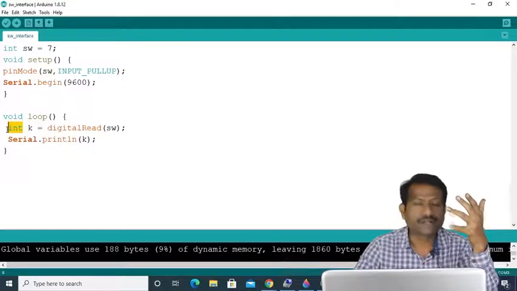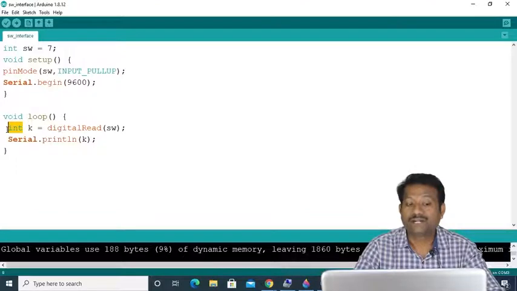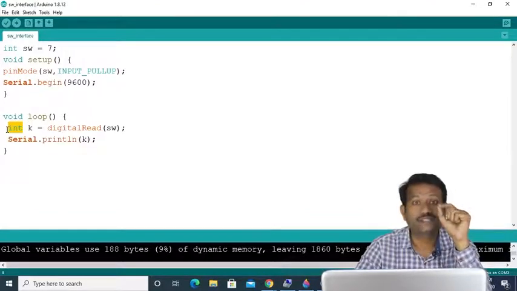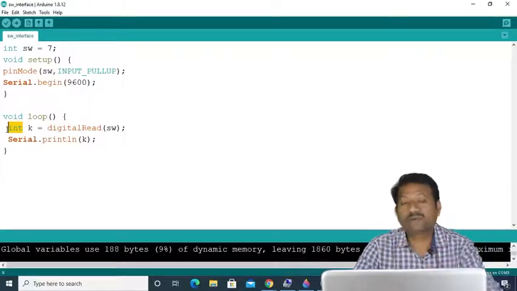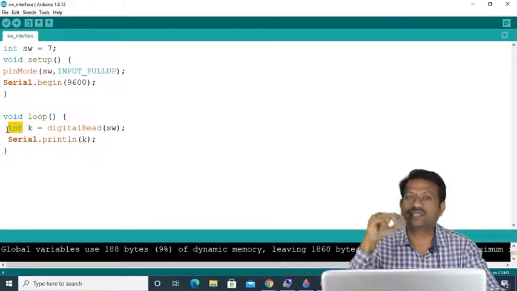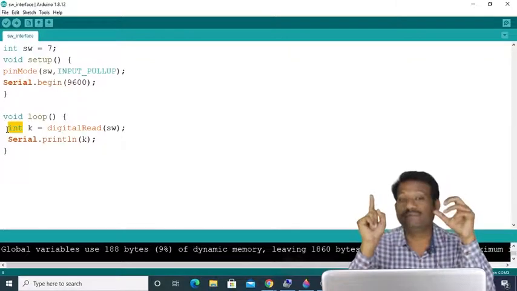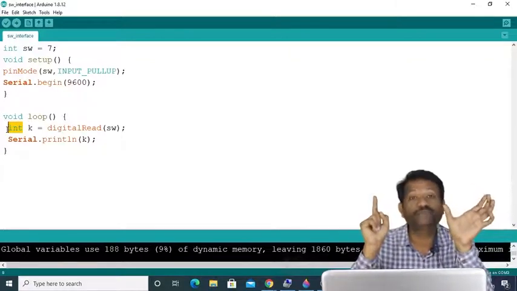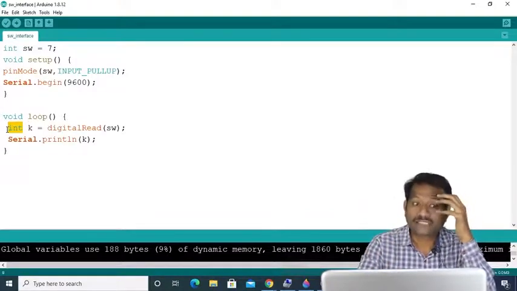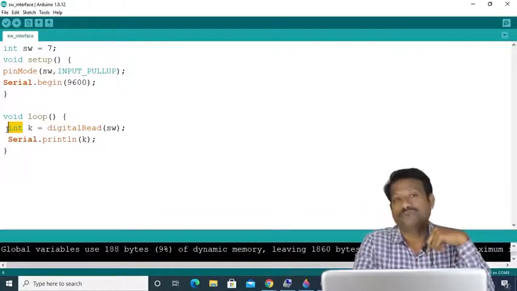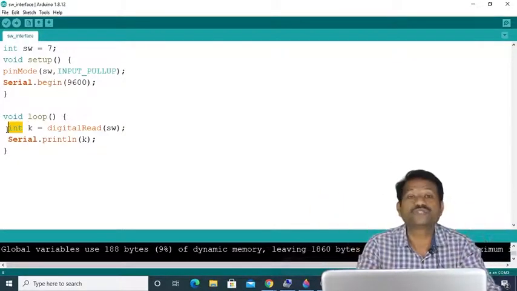So as we are getting output on the serial monitor, it is definitely right. But the moment I assign this integer, it is taking 16 bits of data. Whatever data is transferred by that switch is either logic 1 or logic 0, which means it is transferring 1 bit of data, and for that 1 bit I am assigning 16 bits of space, which is a wastage of 15 bits. So assigning this data type is wrong from my point of view. Assigning 16 bits to 1 bit of data is completely a wastage of memory.